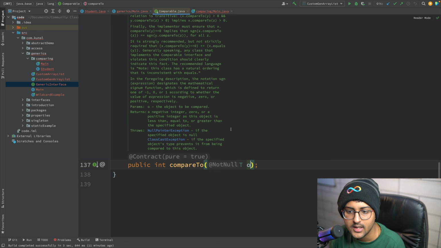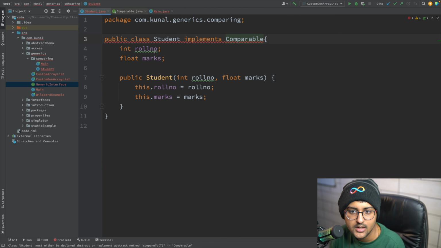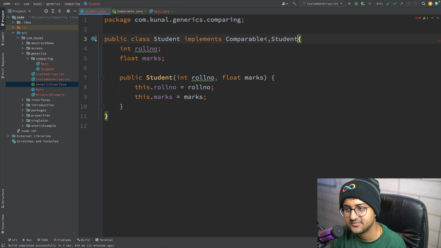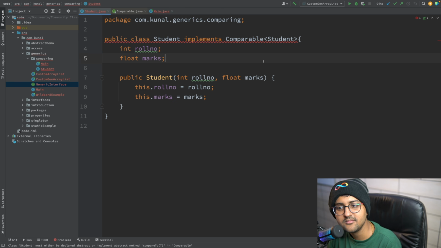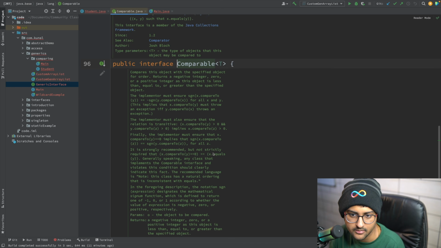But moving forward, here I would have to provide a type as well. With which type do you want to compare the student? So I'm going to compare every student with the Student type only, right? Obviously I would have to, oh, not here, sorry. Oh no, here only. Yeah, that's fine. And over here, now if you are implementing an interface, it will contain some abstract methods.